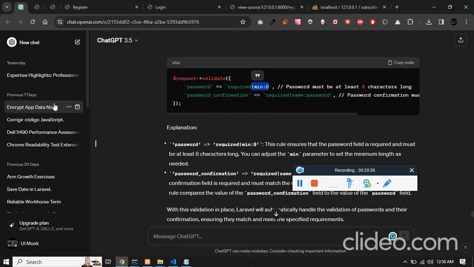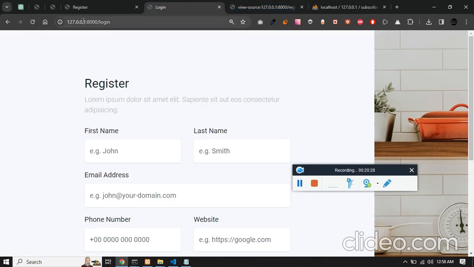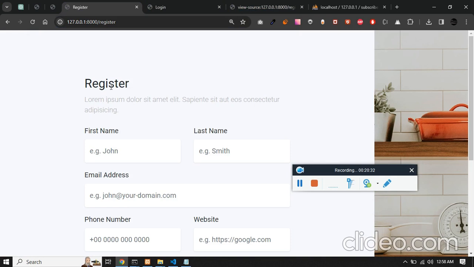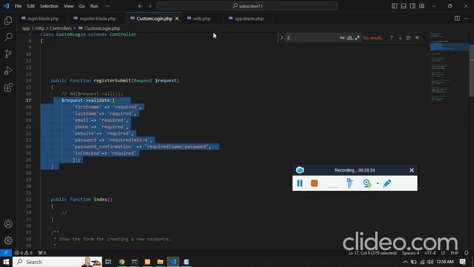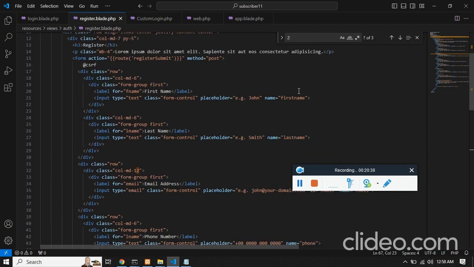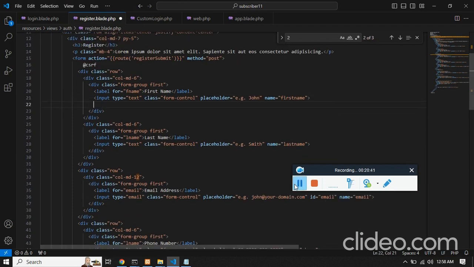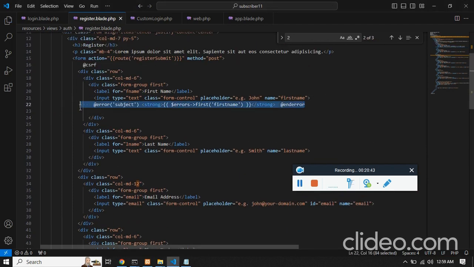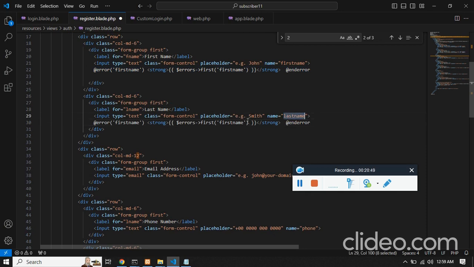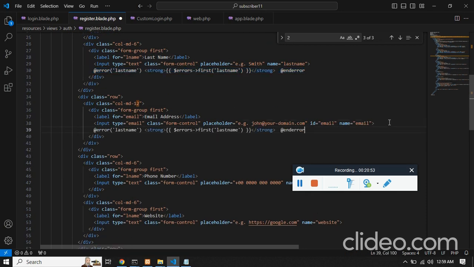Cool. Once this is done, if you try to submit, it would redirect to the same page because it has validation. Now let's show the error just below our input field. So here, this is how we show the error. Make sure to give the name properly. So this is for first name, this is for last name, for email,